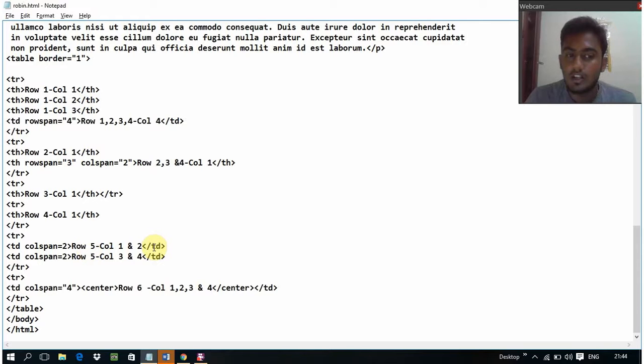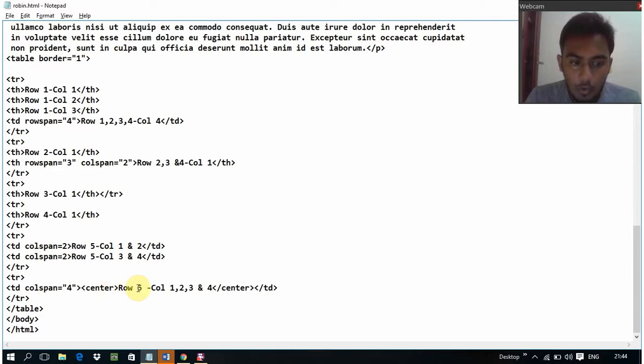Here I close my data tag. Here I'm using another table data tag, and here I'm using that text. I'm going to merge column 2, and what I'm going to represent in my table is row 5. In my row 5 I have to merge columns 3 and 4. So I close my row tags and open my tag. Here the next data is column 4. Here I'm going to merge 4 columns, and it will be represented at the center of my